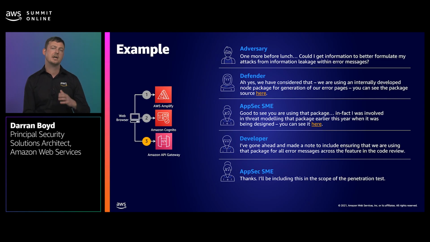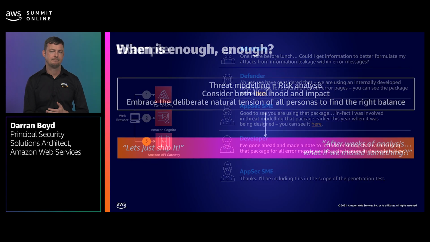So here we're taking a multi-pronged approach, using a threat model and vetted software package, code review to ensure a second developer verifies that the package is being used where it should be, and as a final check, we will ensure as part of our penetration test that this is validated. We have looked at a very small sample of the kind of conversations that could occur as part of the what can go wrong and what are we going to do about it steps.